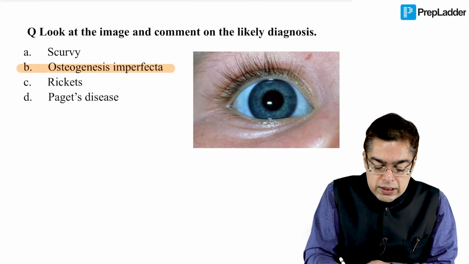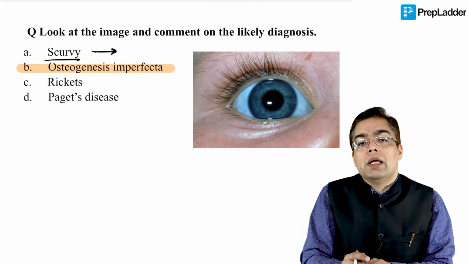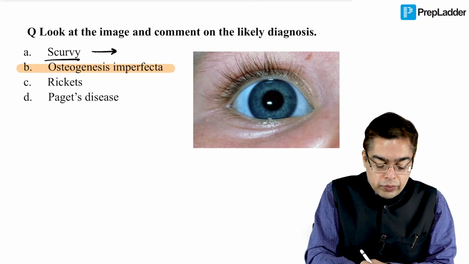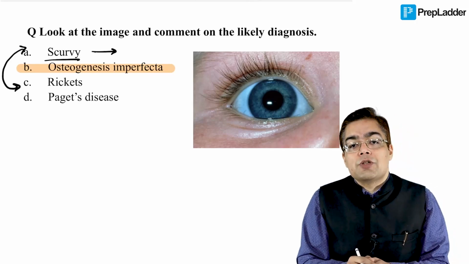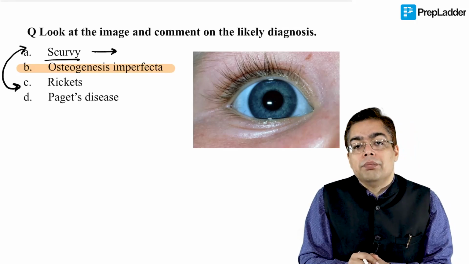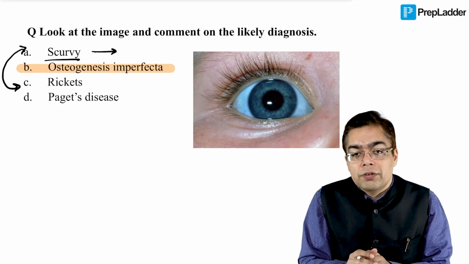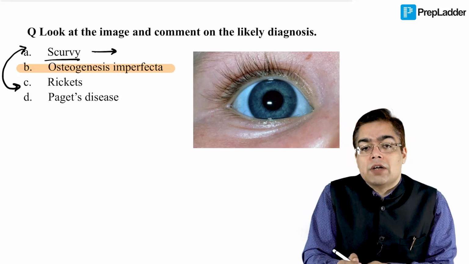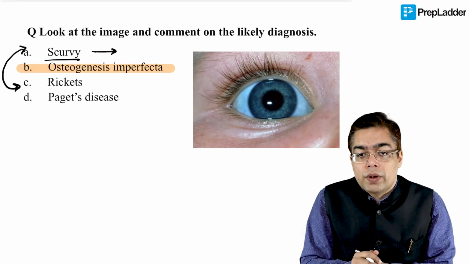Having said that, option A is scurvy, which is going to be associated with so many manifestations that you are going to be reading about when you are differentiating between scurvy and rickets. I would recommend you to go through the pediatric section as well as the radiology section to remember and be familiar with those differences. You know, that cupping phenomena, that metaphyseal widening and stuff. And then in case of scurvy, you're going to be having something like the perifollicular hemorrhages, which they have so many times asked you earlier as a question in the exam.